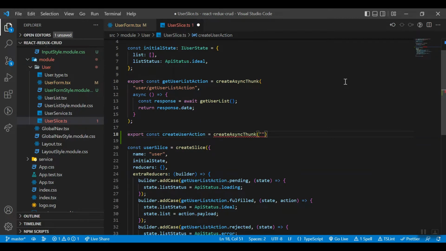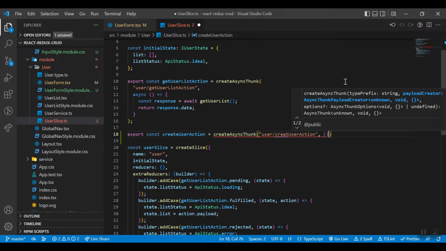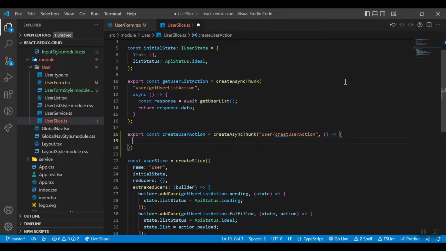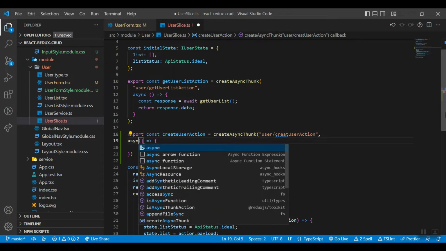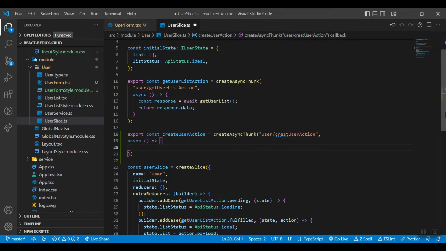Now the first parameter is the name, create user action. Then here we have an async arrow function, and here we need to write,